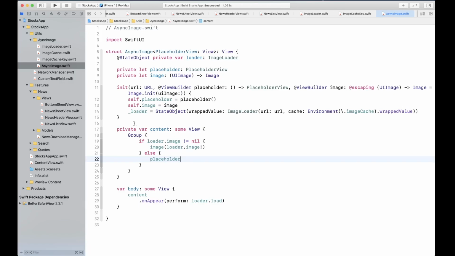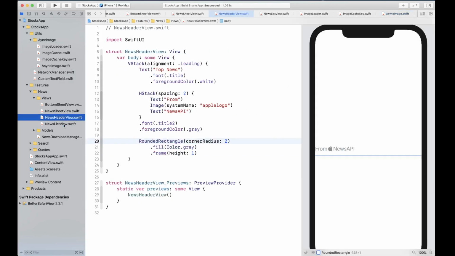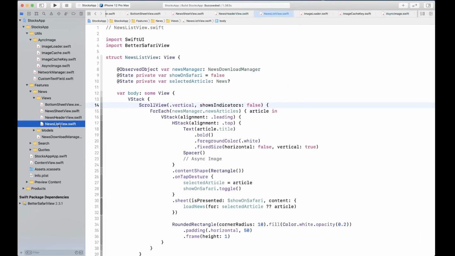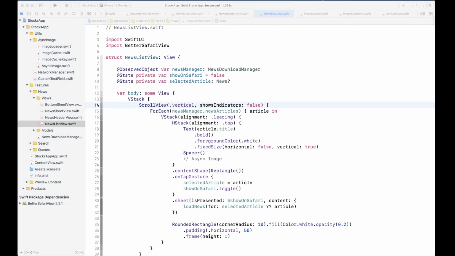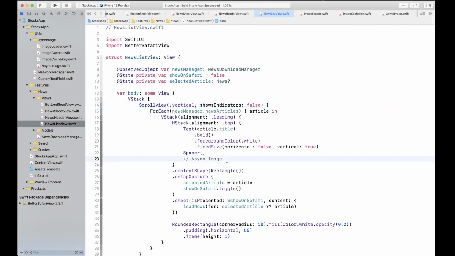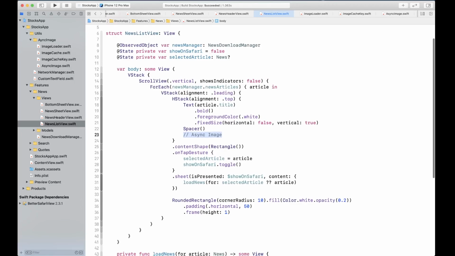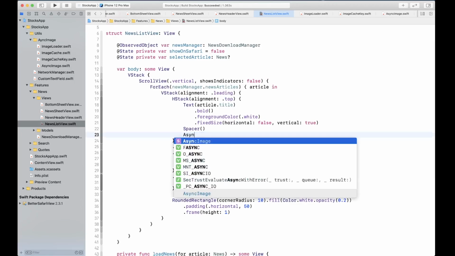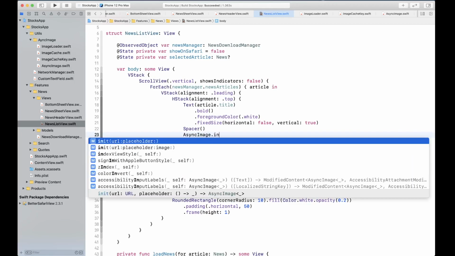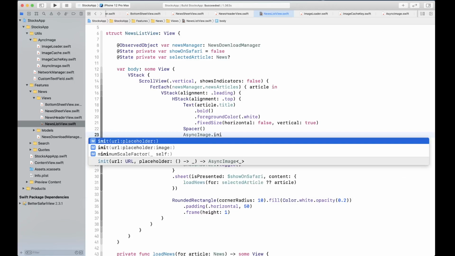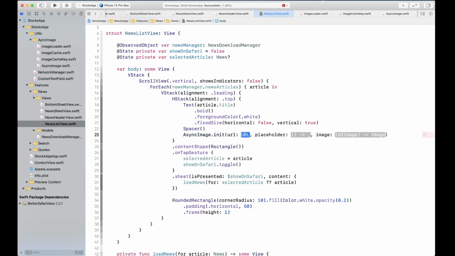Now we need to do one final thing in our list view. So if we go into our news list, yeah, this is where we left AsyncImage placeholder. So let's go ahead and get the AsyncImage placeholder, and we're going to call AsyncImage.init, and we're going to take the overload that takes a placeholder and gives us the image as well.